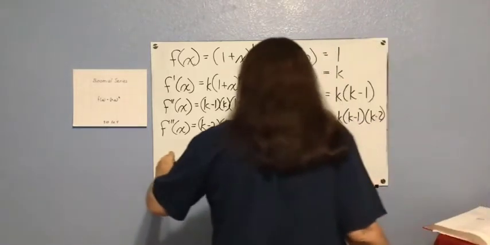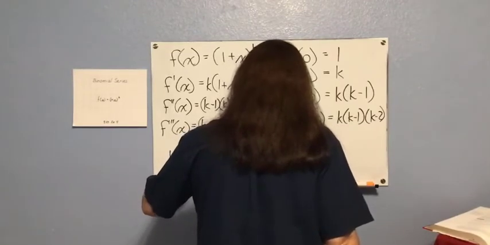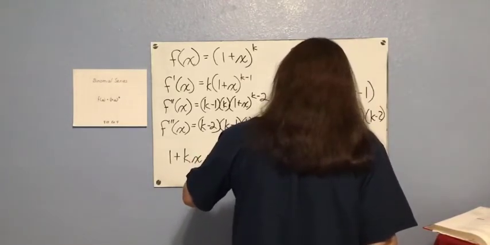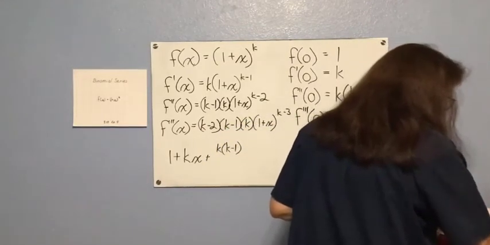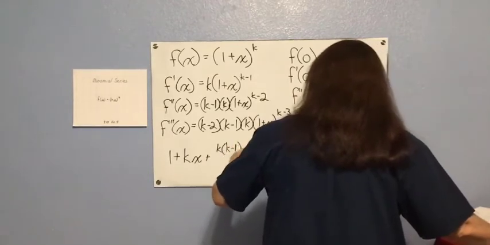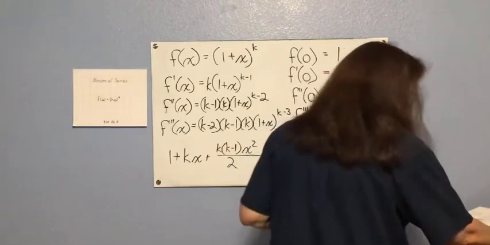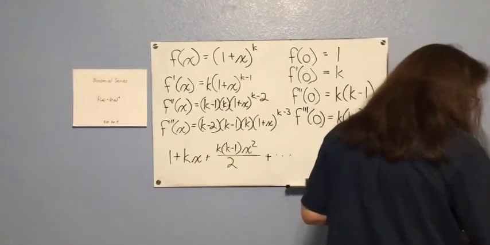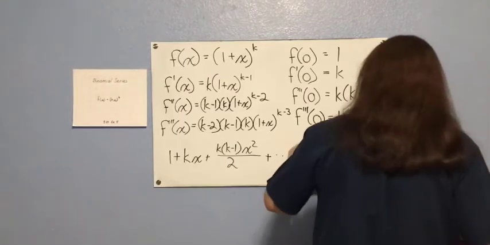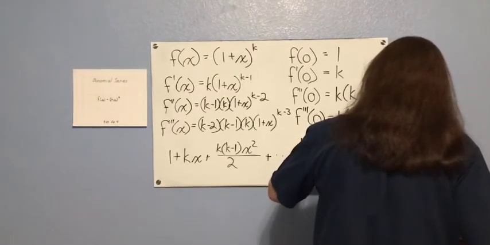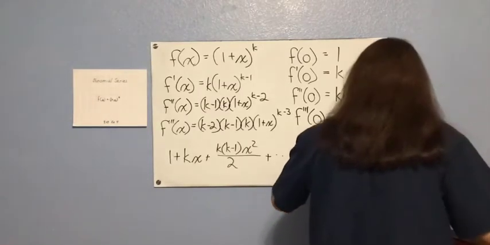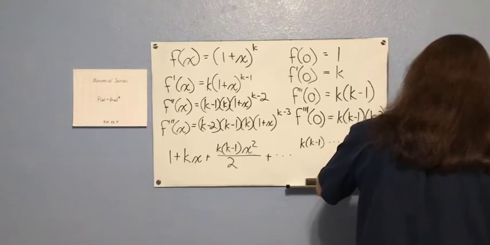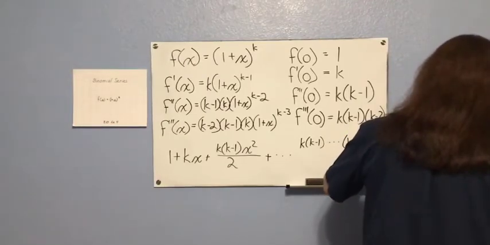But this gives us a series: 1 plus kx plus k times k minus 1 times x squared over 2, plus, we keep going with the pattern until we get to k times k minus 1, and keep multiplying until we get to k minus n plus 1, times x to the nth power